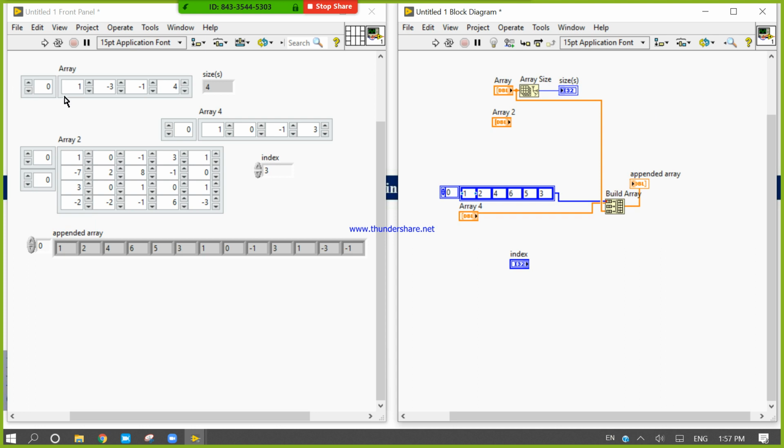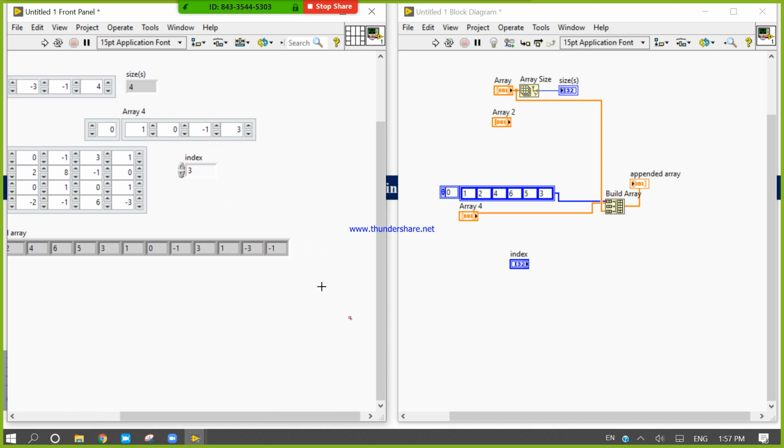After that this value: 1 0, minus 1 3, then 1 minus 3, this one 1 and 4, minus 1 and minus 4.